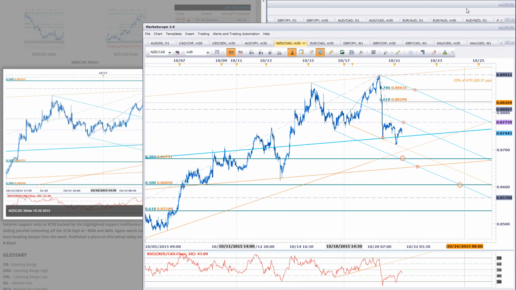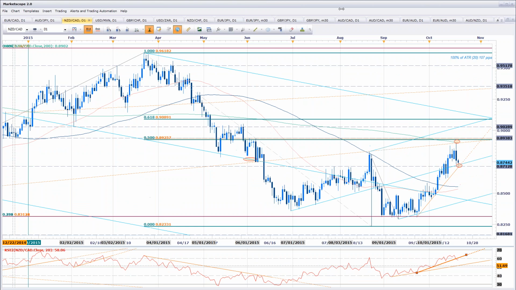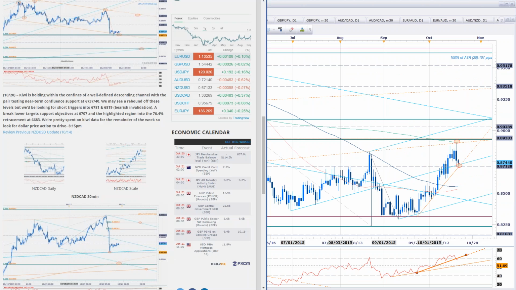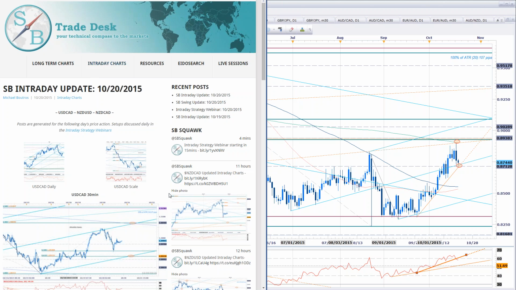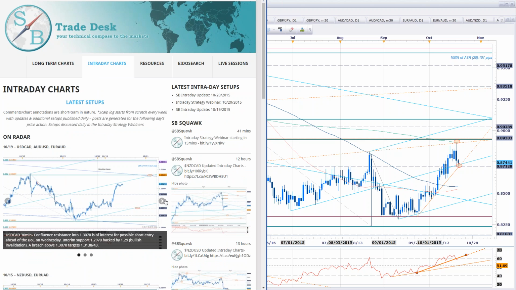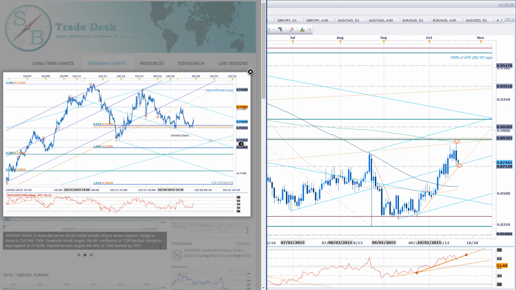Okay, here's what Aussie Dollar looks like. A few days ago, there were no radar charts on tap last night. There's nothing really new that I'm looking at beyond these setups. But here's what the Aussie dollar looked like earlier in the week. We were just talking about a very nice and clean opening range, just above support at 72.48, 72.41. It's a basic 618 extension off the high and the weekly opening range low.